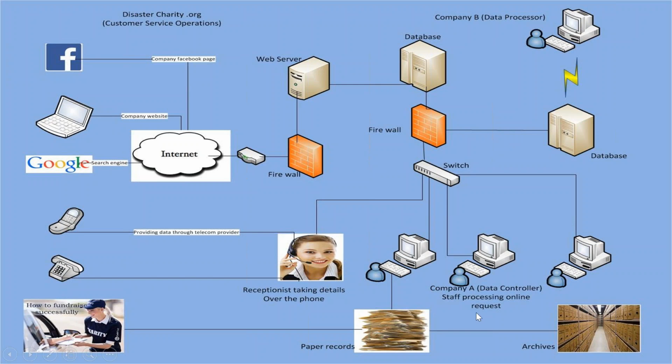So now you have an organization, you have a third party here, and you can see all of this. And remember, anything of value to an organization is an asset. You can see there are so many assets here. This is an asset, this is an asset, this is an asset. For those of us that are not technical, this is a firewall. A firewall is just a device that helps you to filter. You want to block unwanted traffic.